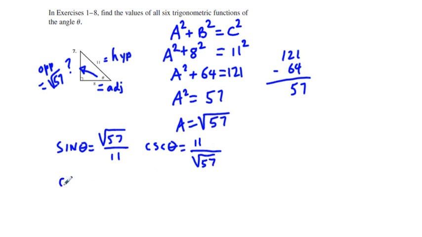Next, we have cosine theta. That's going to be our adjacent, and our adjacent side is going to be 8. And our hypotenuse is going to be square root of 57. Our secant theta is going to be our reciprocal of cosine, so that's going to be square root of 57 over